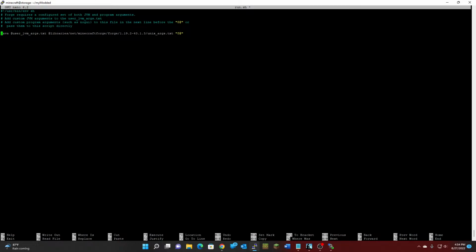It's also a possibility, and this is a little trick, if you run different versions of mod packs and they require a different version of Java, instead of just having Java here, you put the command line to the Java program for the particular version of Java, and there's some internet resources on how to kind of figure that out. Right off the top of my head, I don't remember, but